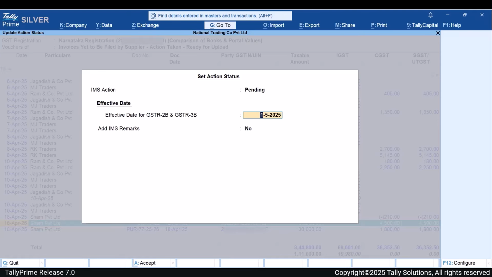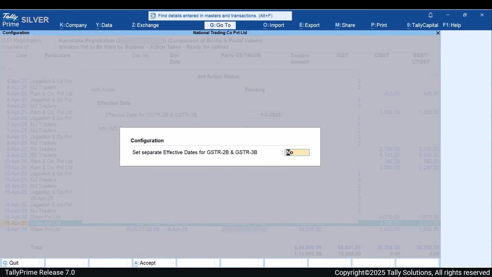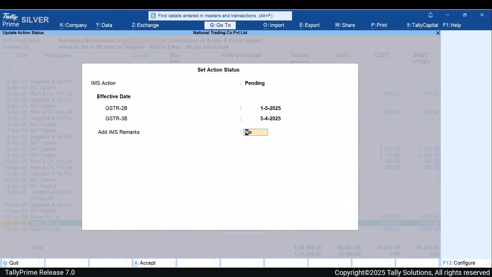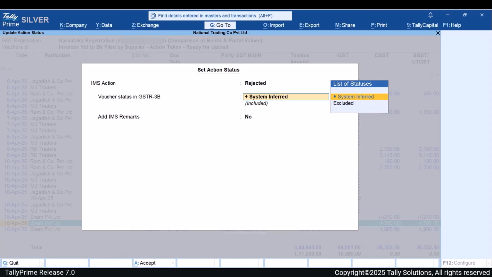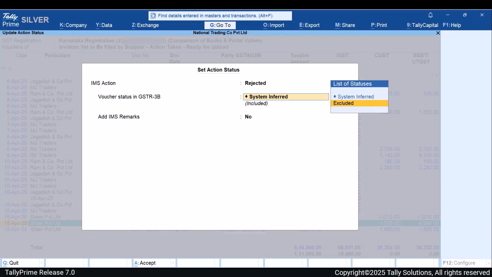To set separate effective dates for GSTR2B and GSTR3B, press F12 and enable the option Set Separate Effective Dates for GSTR2B and GSTR3B. Similarly, while setting the action status to rejected, you can enable the option to exclude the invoice from GSTR3B, ensuring it does not get reported in the GST returns.